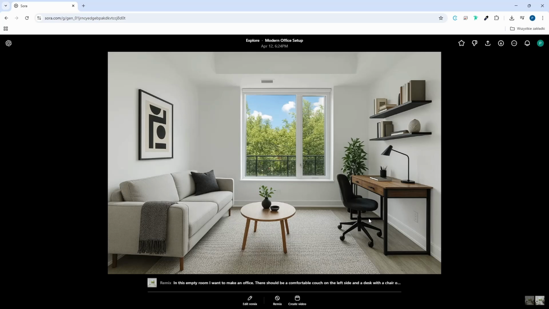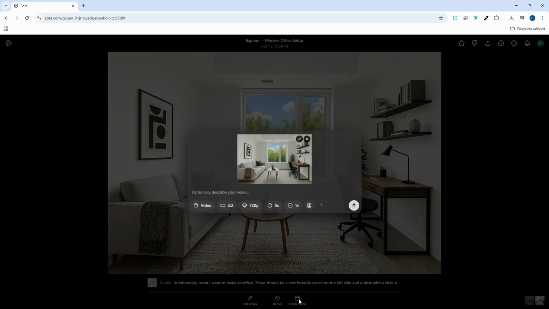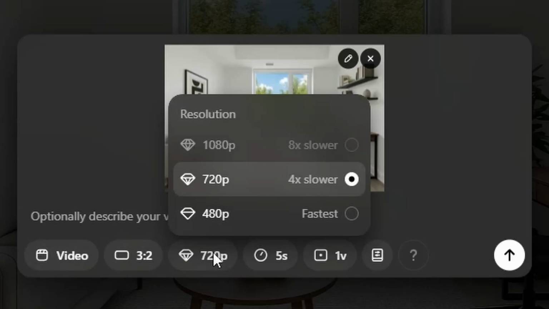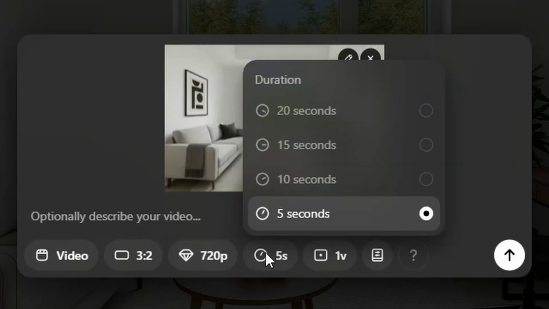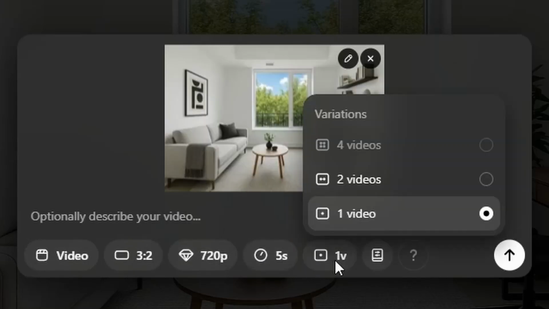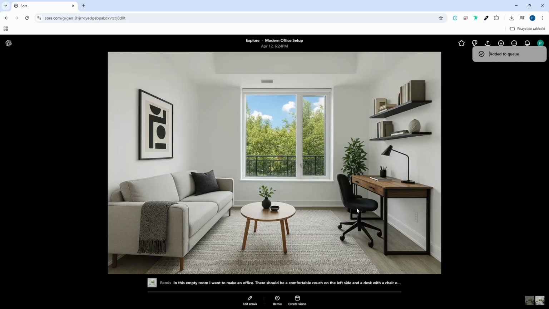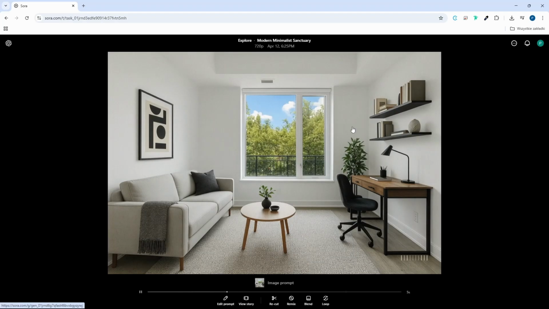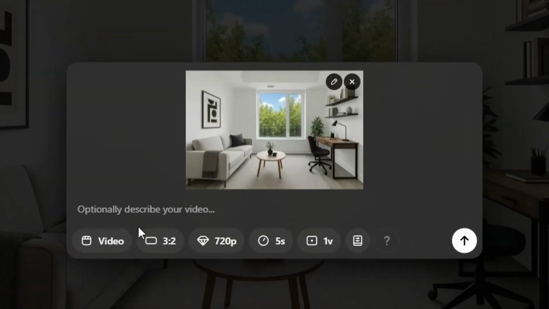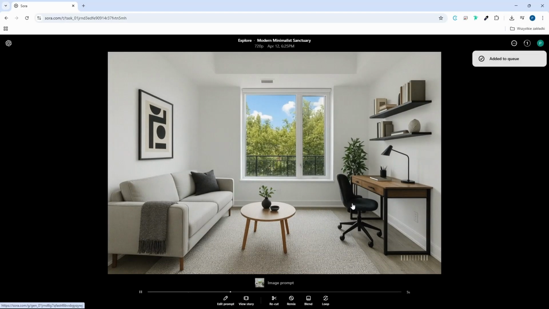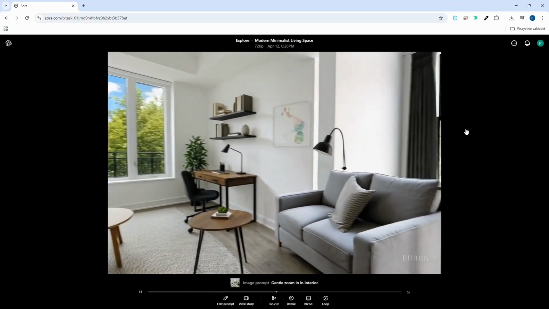In Sora, you can also create videos based on a generated image. Again, you can choose the proportions, resolution, video duration, and number of iterations, even up to 4 videos simultaneously. After a short moment, you can see the result. The trees outside the window are clearly moving in the wind. The effect is random because I didn't enter any instructions. I can try with a slight camera movement, but from experience I know that Sora doesn't handle such complex compositions